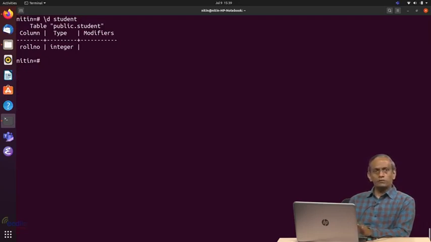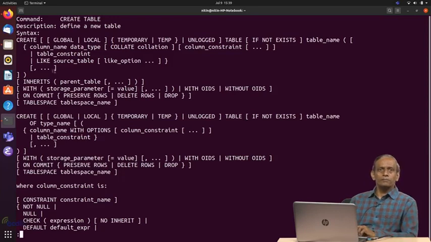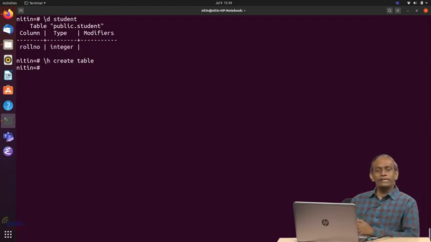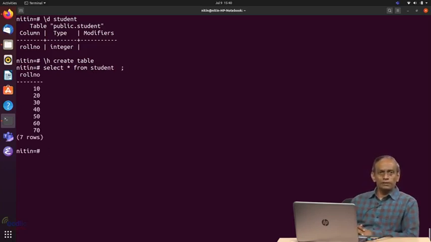Now let us try to see one construct used in the syntax of create table. See, there is something called temporary. While we are learning SQL, we will be creating a few tables which we may not wish to save. When we created the student table, it was stored on the disk along with the records. So if I write select star from student, all records are stored, correct. Now, if I want to create a table that gets automatically deleted whenever I log out, come out of this client, or finish this session,